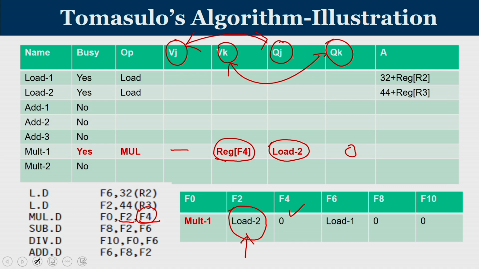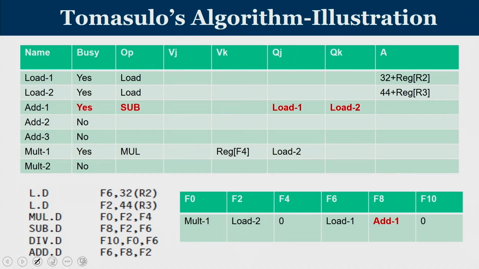After this multiplication, your result is going to be returned to F0. That is why, from this point onwards, the RSI value of F0 indicates mult1. So, anybody who wants the value of F0 from this point onwards has to look into the output produced by mult1. Do not go to the register file to access F0. If you access F0 from the register file at this point, it is a wrong value. You should not use it. The latest value will be produced by mult1.